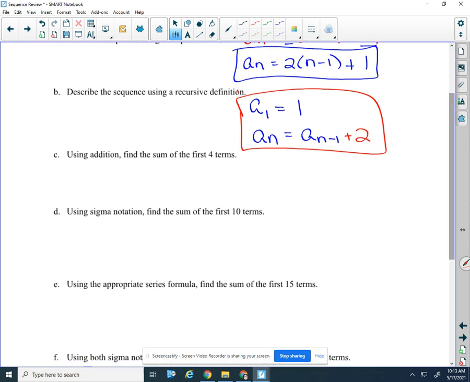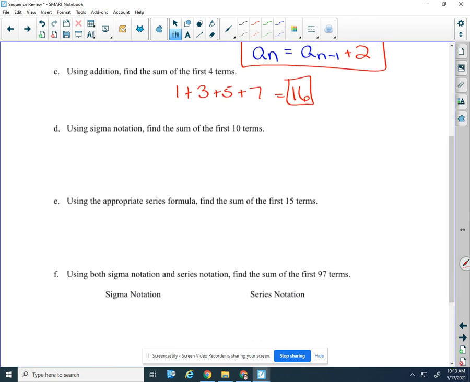Now part C says using addition, find the sum of the first 4 terms. So we're just adding. When you add those up, you get 16. That is the sum of the first 4 terms. Now part D says using sigma notation, find the sum of the first 10 terms. So for this, we're starting here first, all the way up to the 10th term. Now what is going to go in this parentheses, don't write this down because I'm going to erase it, is your explicit